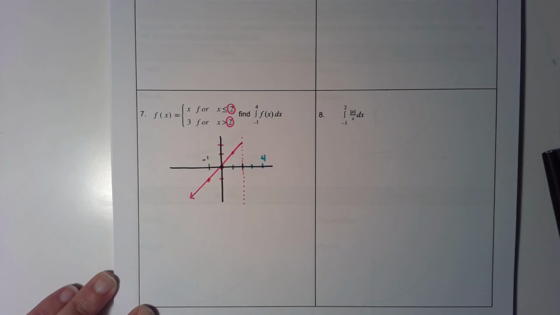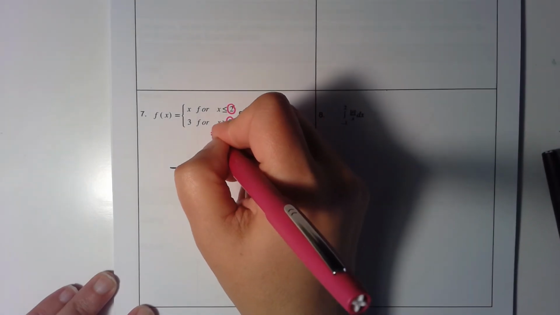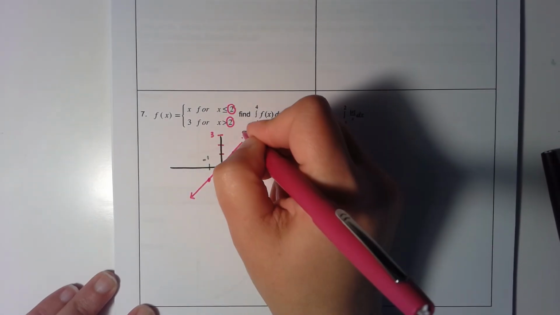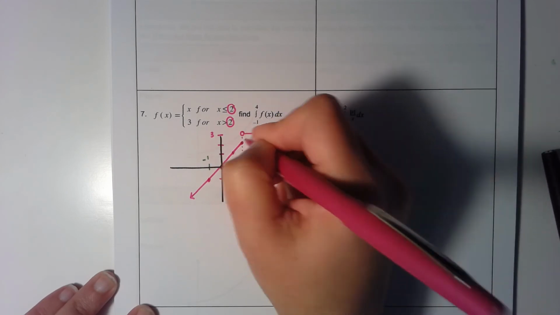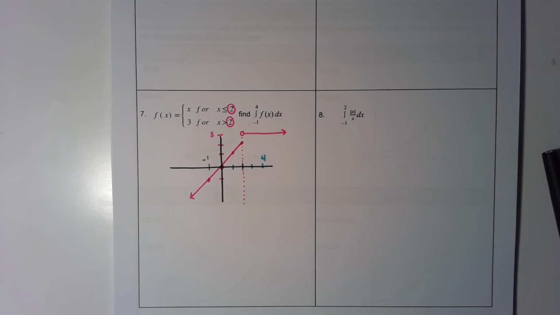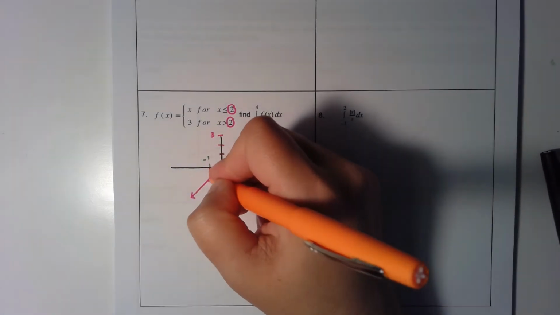On the right side, the graph is just 3. So if 3 is right here on the right side, it would be 3 going this way. Okay, so we've got our piecewise graph. To find this area, we're going to have to break this up into several different parts. So the first part of the area that I'm going to work with is going to be this little triangle